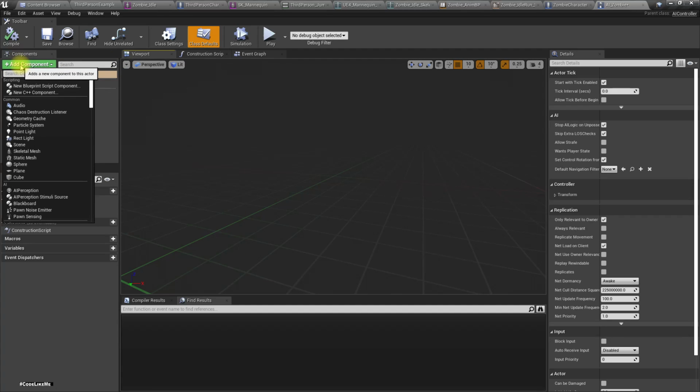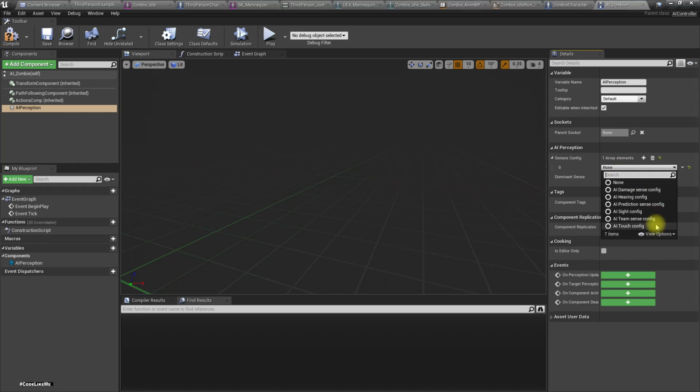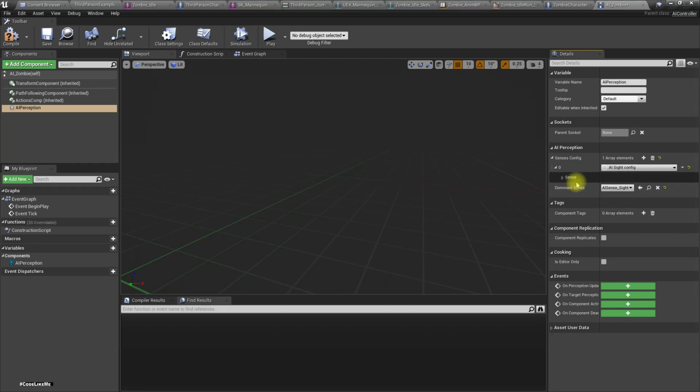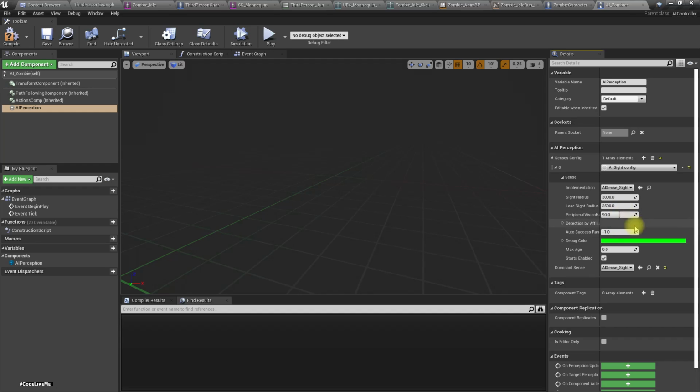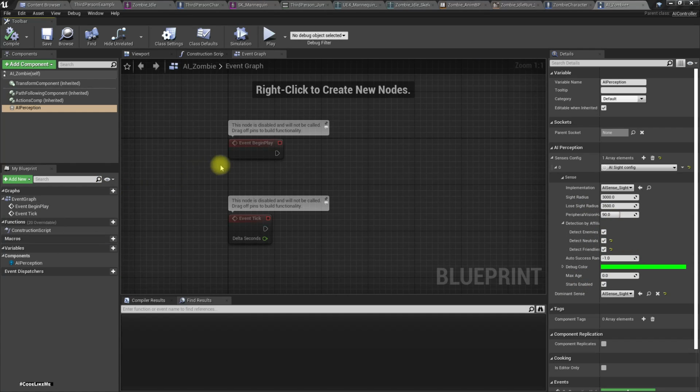Here let's add AI perception component. So let's set up sense configs like this. For now I need only sight config, and dominant sense is also sight config. Here, yeah, let's leave the default settings except these things. Okay, and now